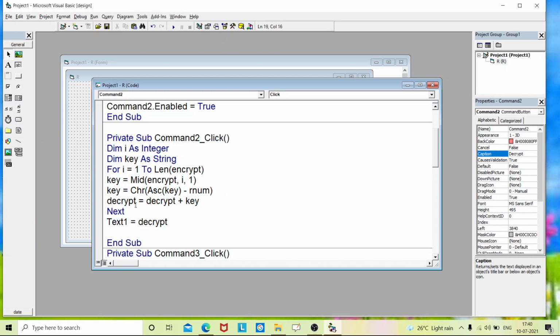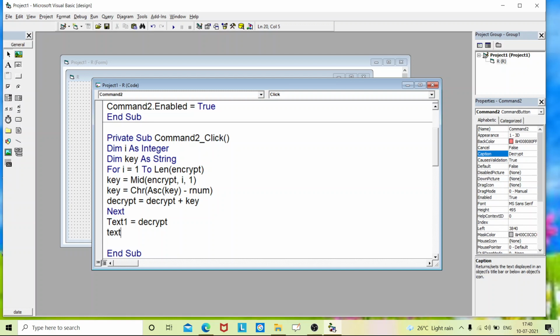Now likewise it will keep starting the loops and keep executing these statements until the loop is terminated, and after finding all the values it will get stored to the decrypt. In the next statement our loop gets terminated and it will store in the text1. Now we need to disable some buttons.